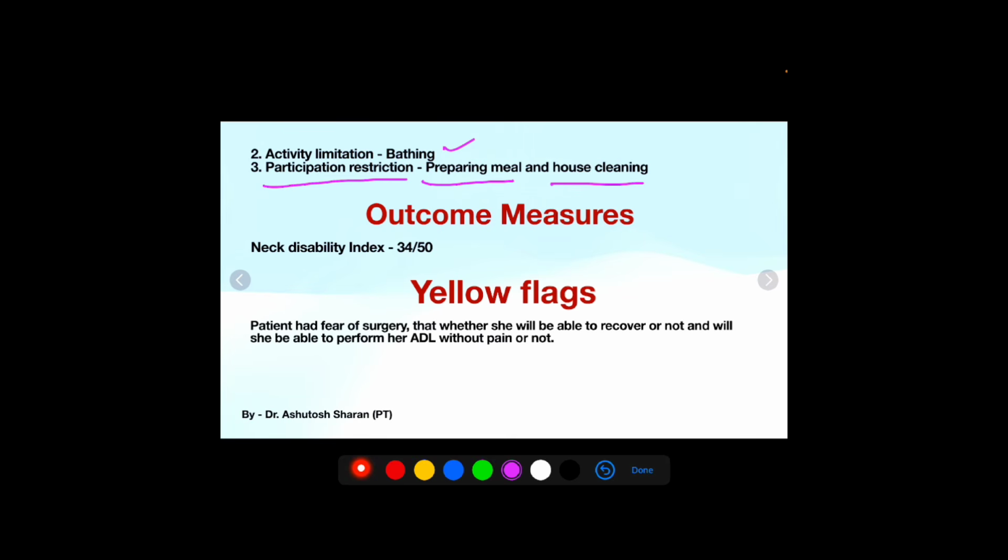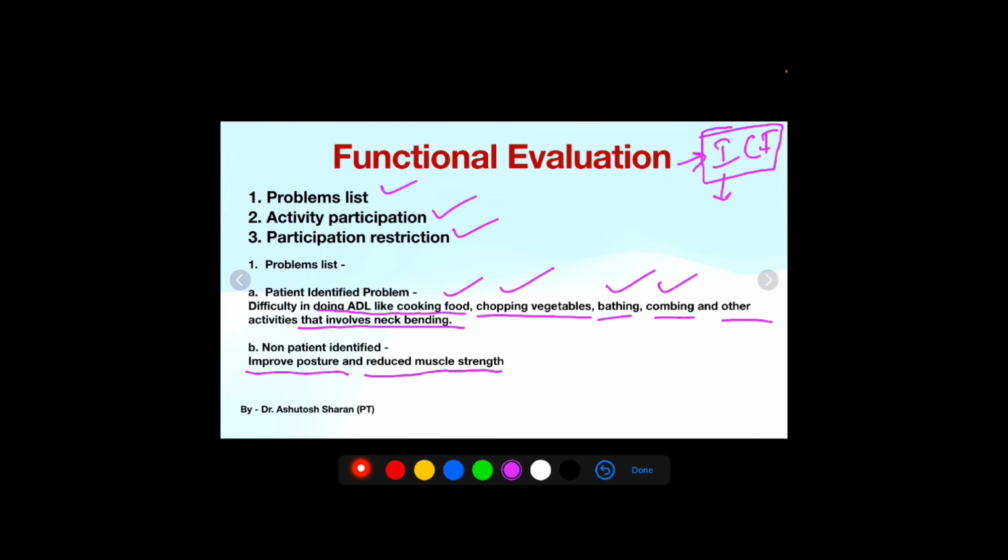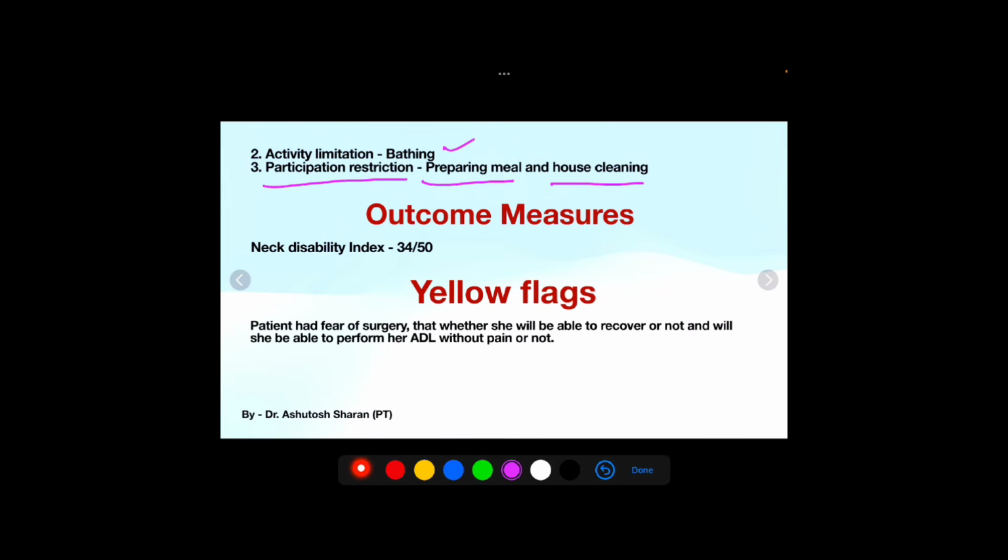ये सारी चीजें आपको पहले ही गेस कर लेनी चाहिए जब मैंने कहा that patient is 63 years old and she is a housewife. ओके, हाउसवाइफ। तो अगर वो हाउसवाइफ है तो प्रॉब्लम का लिस्ट उसी से रिलेट करता हुआ होगा, एक्टिविटी पार्टिसिपेशन भी उसी से रिलेट करता हुआ होगा। तो ये ऐसा है जैसे एक चेन होता है, जिसका आप एक छोर अगर पकड़ लो तो दूसरे एंड तक आप पहुंच ही जाते हो। तो सेम इसी तरह से आपके पास थोड़ा थोड़ा डेटा था, उसको आप इकट्ठा करते करते लास्ट तक आप पहुंच गए। ठीक है, तो आप अपना दिमाग इस तरह से लगा सकते हो।